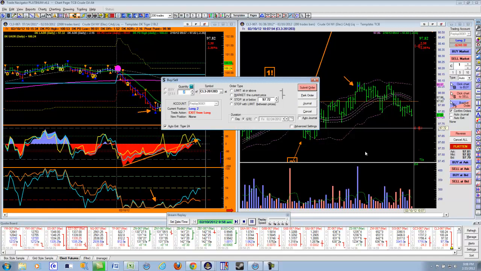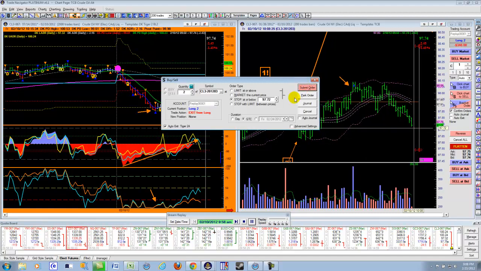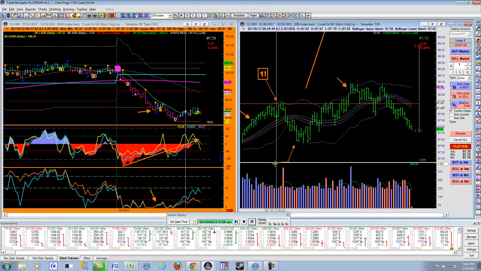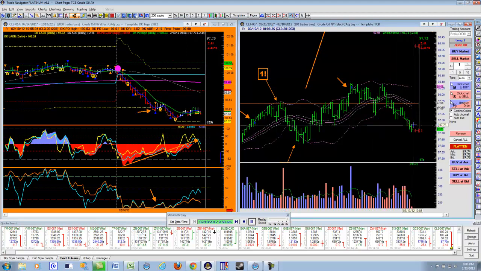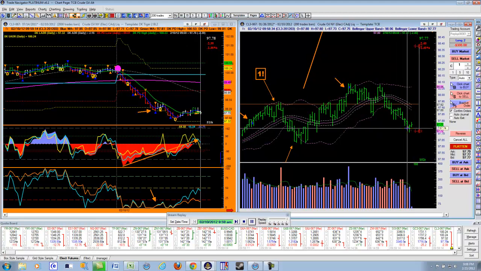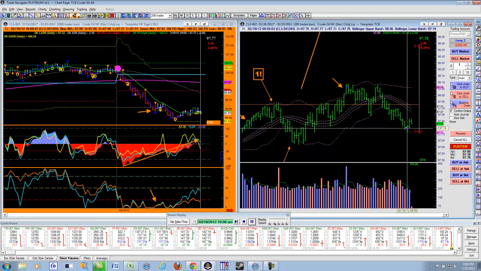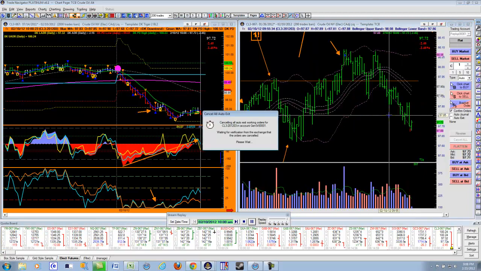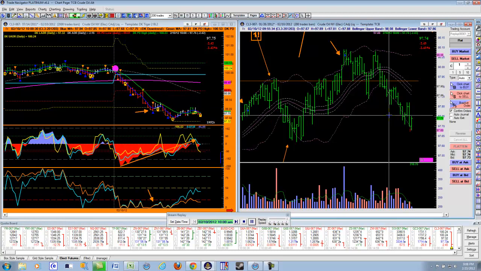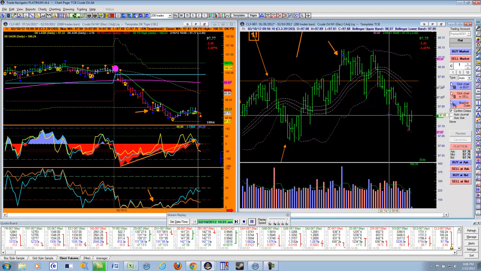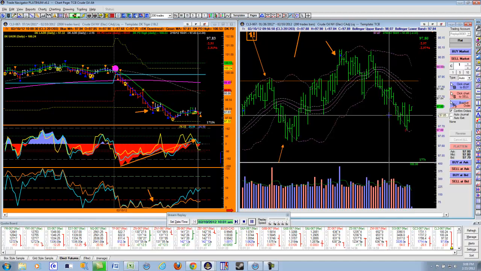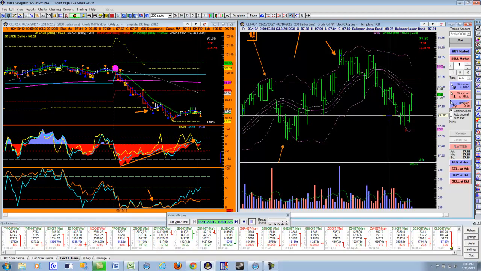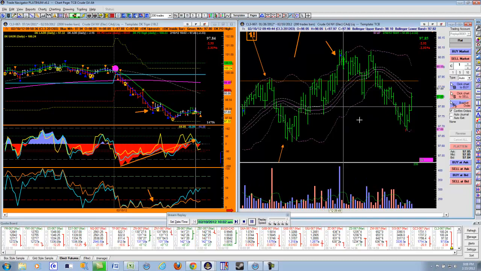We'll call it 71. And obviously we can be wrong, which we are on this case. But that was a better position to try to catch this, and we ended up taking a loss here. But if you're trying to catch a bottom, you've got to understand what is being presented in front of you.